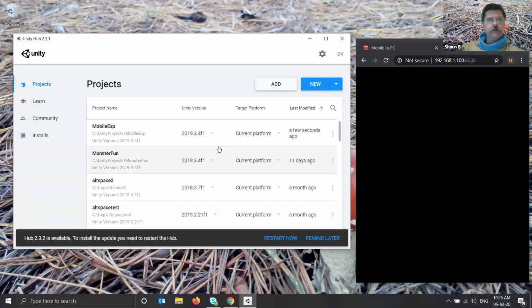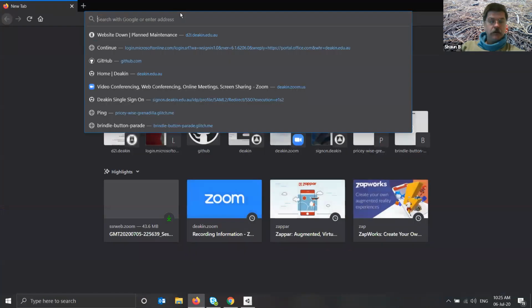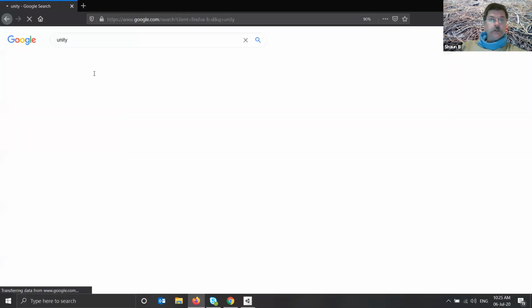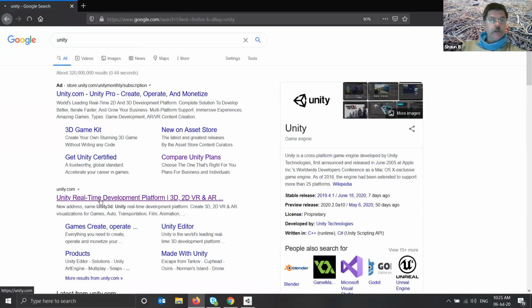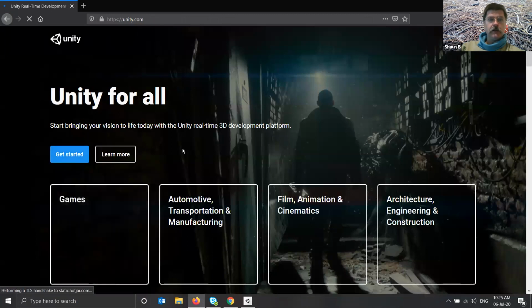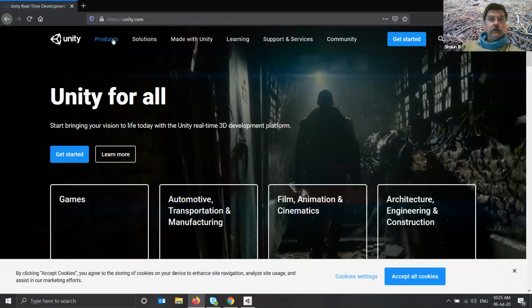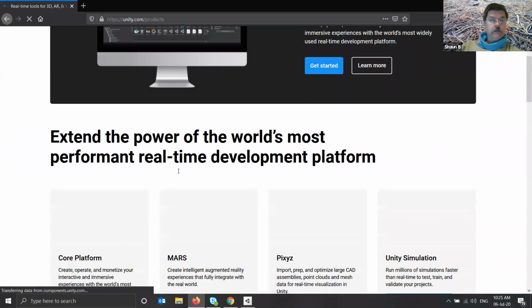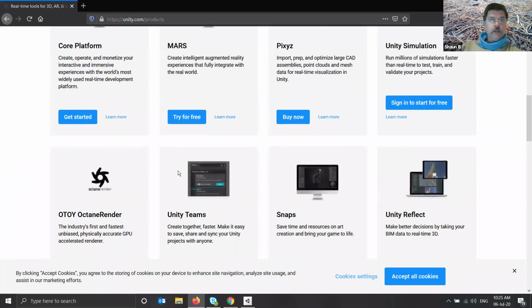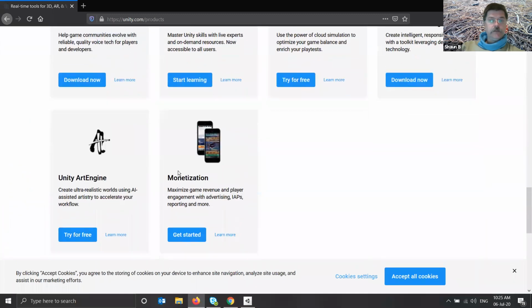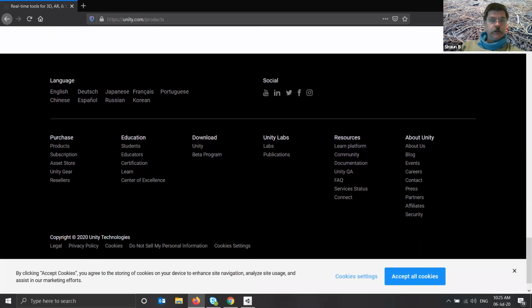So what I have done so far is fired up Unity Hub. If you go to Unity's website, you should be able to download this Unity Hub program. What this will do is manage the versions of Unity that you actually have on your machine. So if we head off towards products, and try to find the download page for Unity,